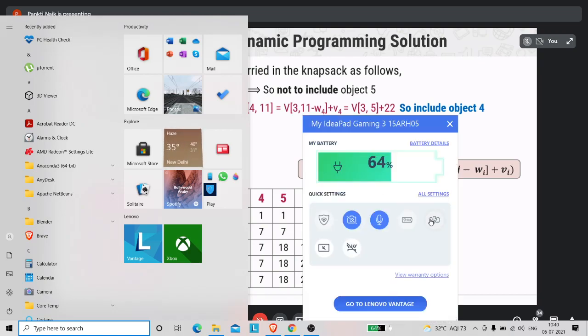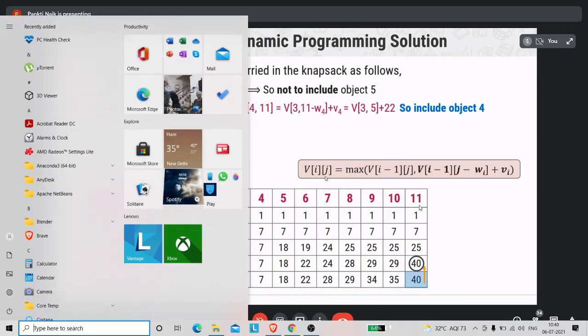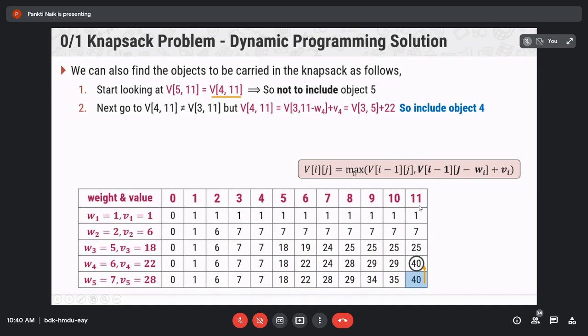So what is that equation? The equation is V[i][j] equals the maximum of V[i-1][j], comma, V[i-1][j-Wi] plus Vi.